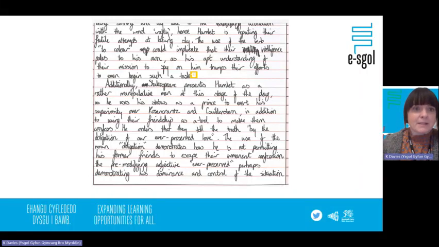Additionally, Shakespeare presents Hamlet as a rather manipulative man at this stage of the play, as he uses his status as a prince to exert his superiority over Rosencrantz and Guildenstern, in addition to using their friendship as a tool to make them comfortable. He orders that they tell the truth by the addition of the over-presented love. The use of the noun